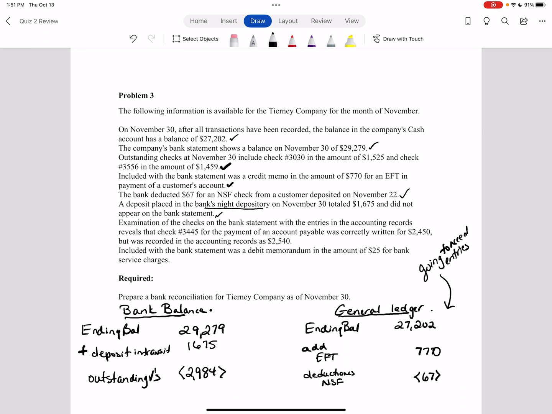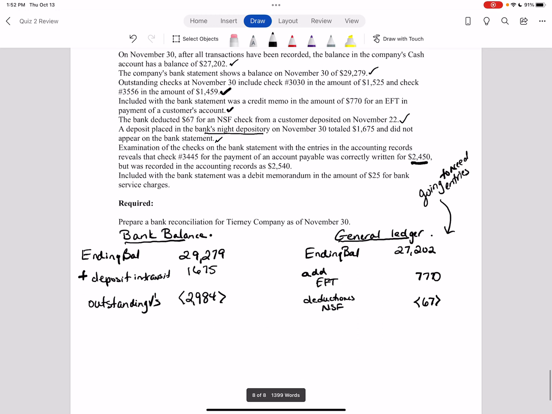And then examination of the checks on the bank statement with the entries in the accounting records reveals that check 3445 for payment of a payable was correctly written for $24.50, but was recorded in the accounting records as $25.40. So what that's saying is that we've made our journal entry wrong, right? The bank has it right. The bank processed the check as we wanted them to. They took out the